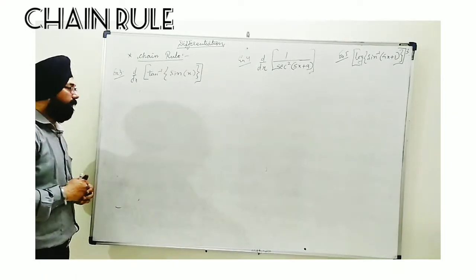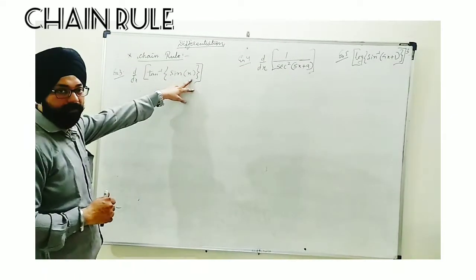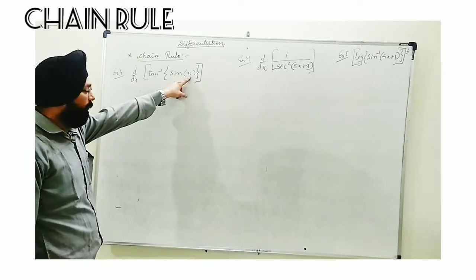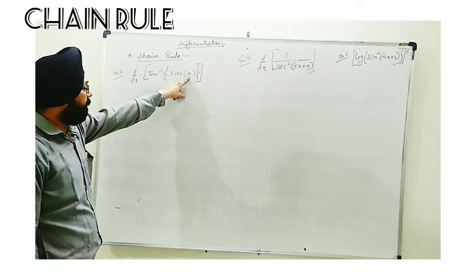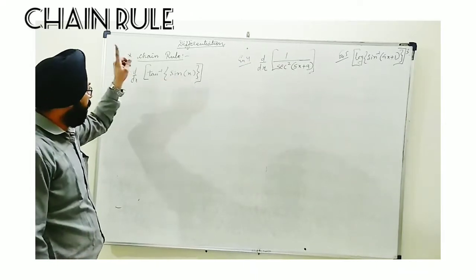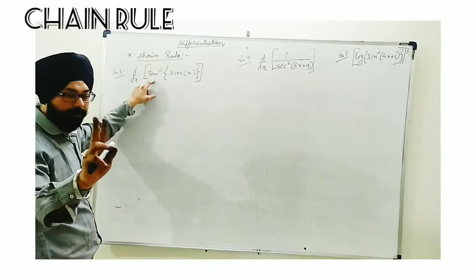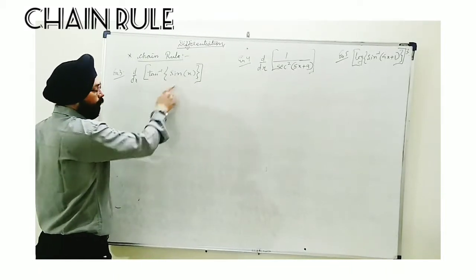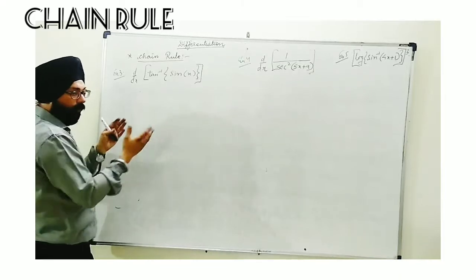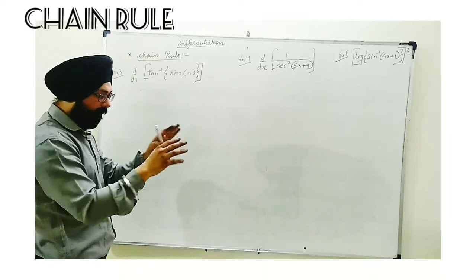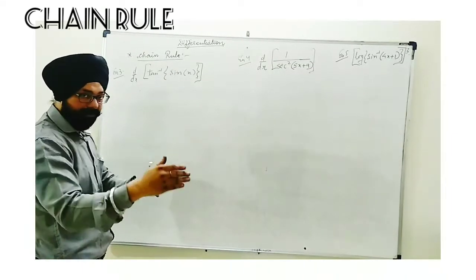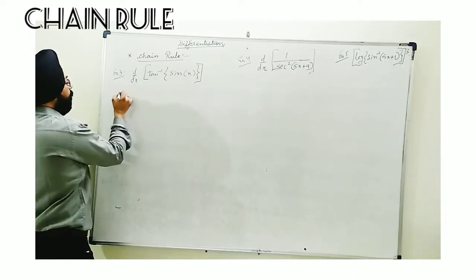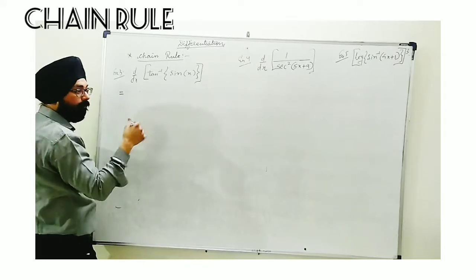First of all we will see this example, tan inverse sine of x. So I see x is given as a single variable, so this is not a different function. We come next, this is sin x, a complete basic function, and then tan inverse. So there is involvement of two functions. One is tan inverse, inverse trigonometric, and next is trigonometric. So what we have to do, if I want to do directly, I will not write step by step like I am doing now. If I want to do directly, the same thing we have to give in a presentation also.